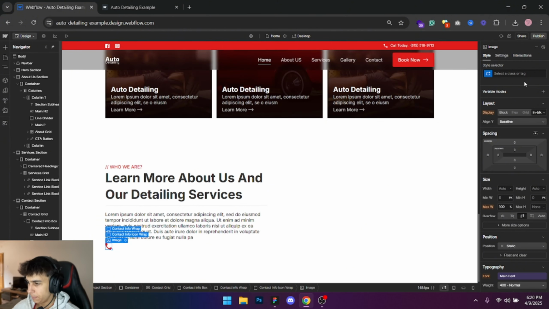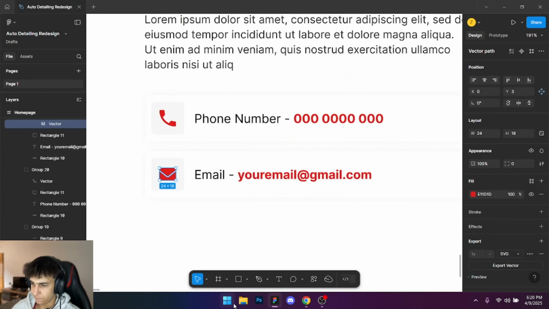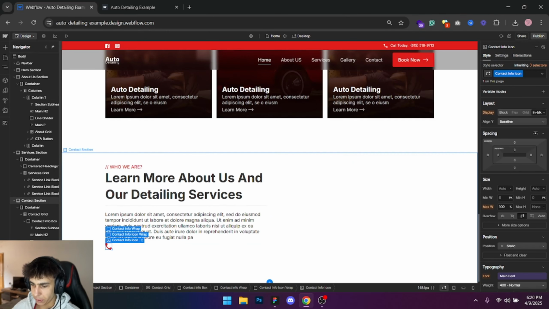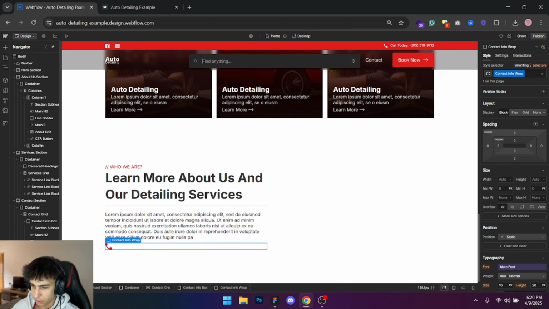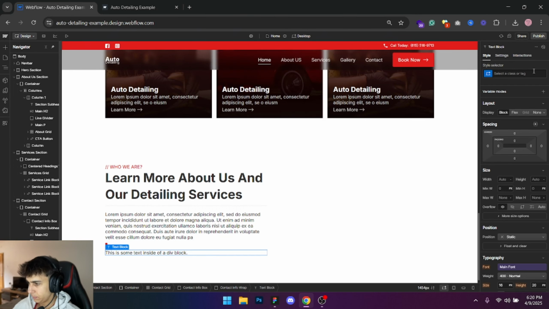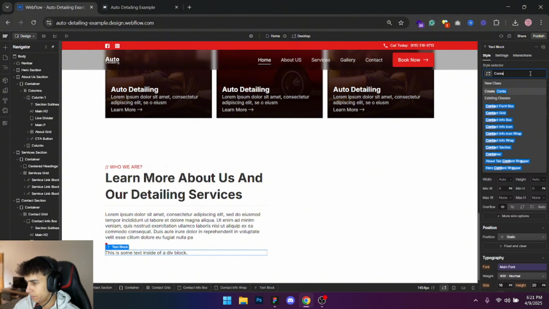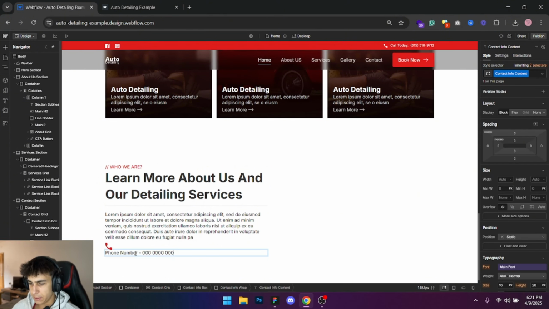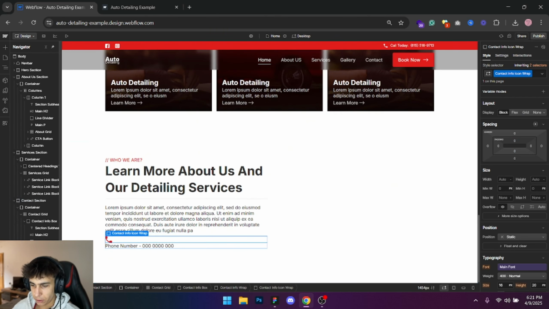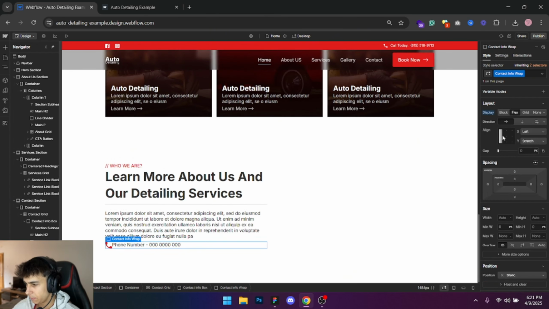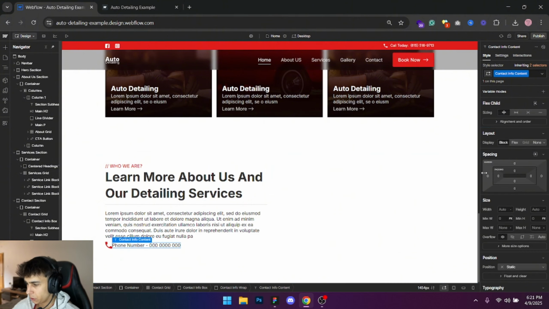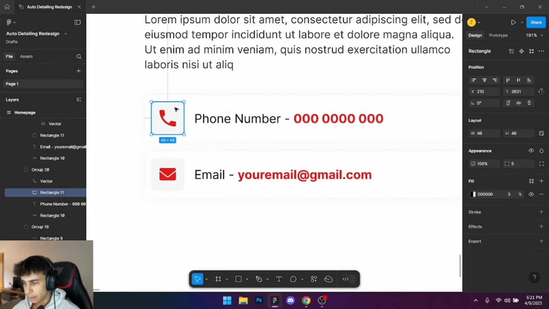Phone icon here and contact info icon, and the content from here, text block, contact info content, like this. And now we need to add display flex to this one, center margin to this text here, and